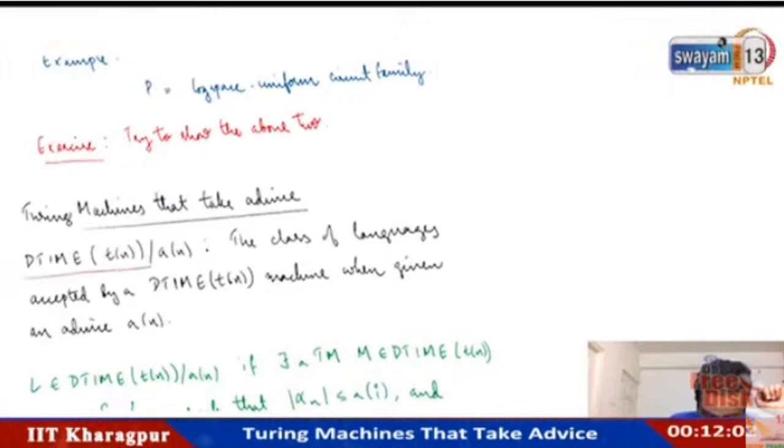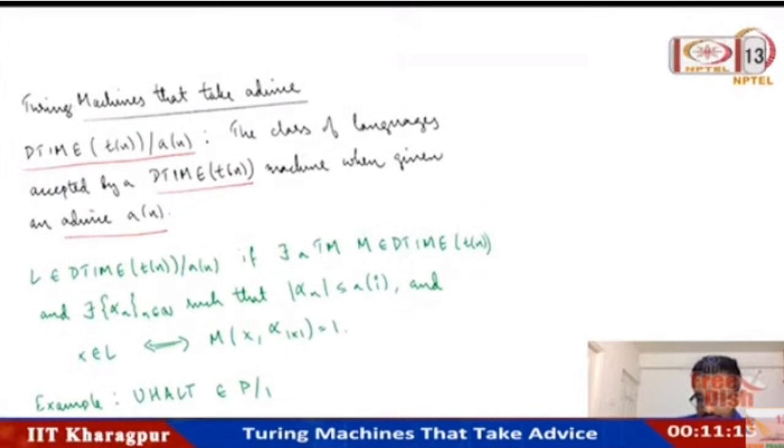So we will denote them as DTIME(T(n))/A(n), and this is the genesis of the notation P/poly. Okay. So these are DTIME(T(n))/A(n). These are Turing machines that take advice. What are they? DTIME(T(n))/A(n) is the class of languages that is accepted by a deterministic Turing machine M that runs in time T(n),